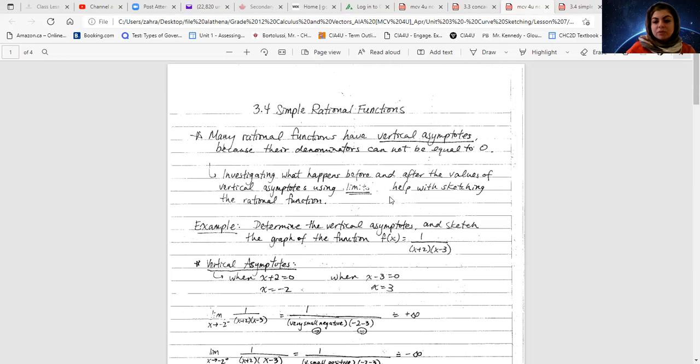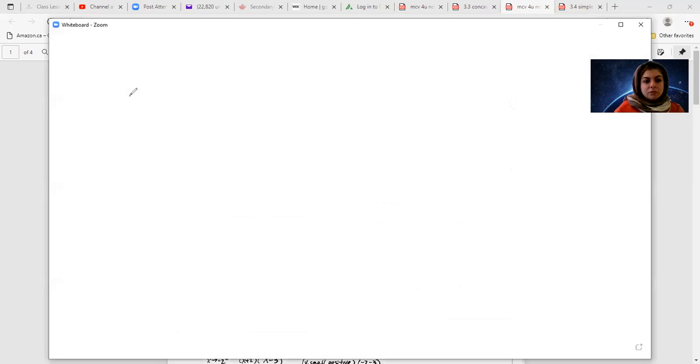f of x is (x plus 2) over (x minus 3). I'm going to share. I'm going to do y is equal to (x plus 2) over (x minus 3). Everyone knows how to graph this, but let's say if there is any maximum, any minimum point, I need to